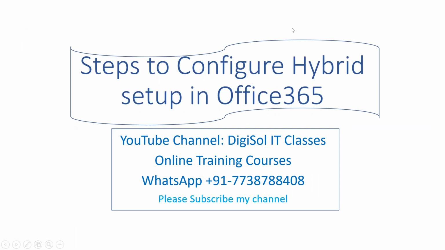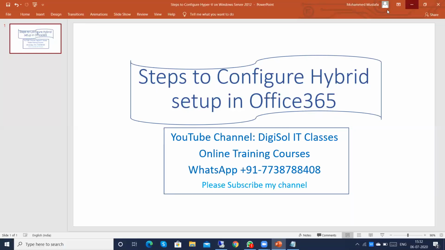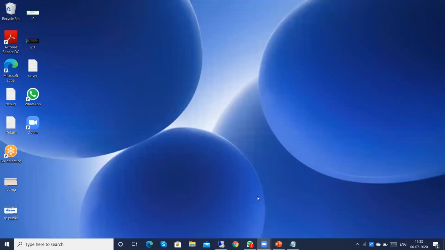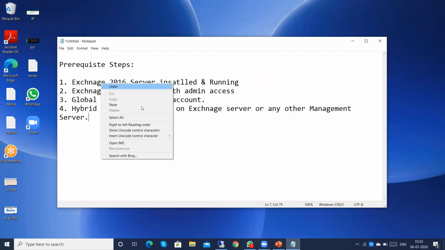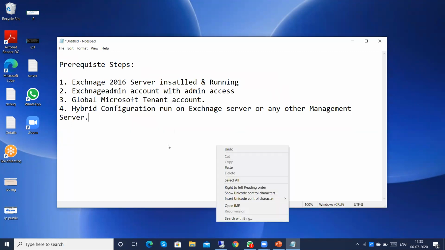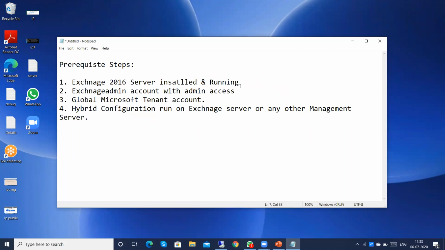So let's start. First we'll try to understand what all prerequisites are required. If you would like to configure hybrid configuration, then you should have Exchange 2013 or 2016 or any other, even 2010, running in your environment with the latest updates and patches.